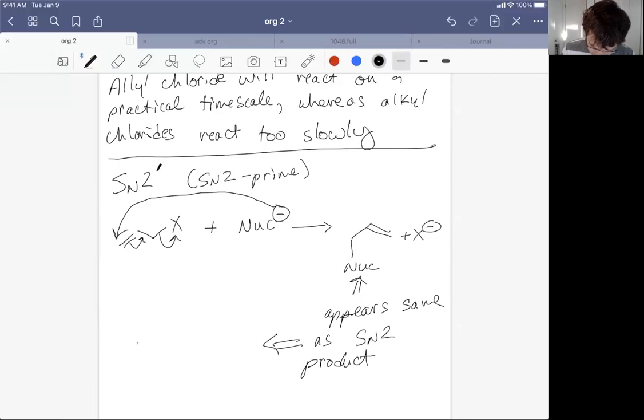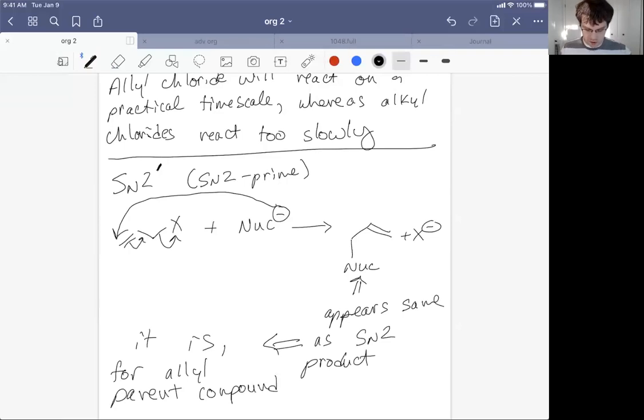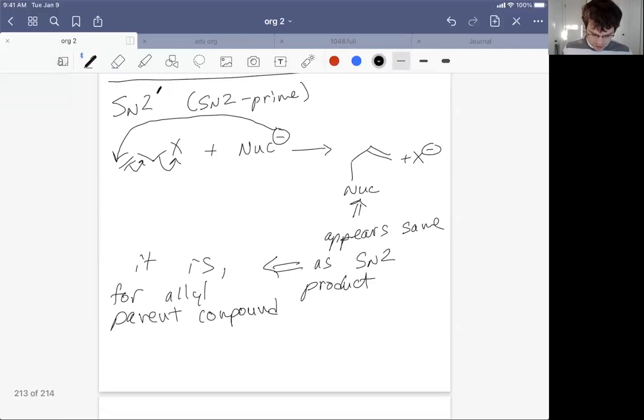And that's because it is for the allyl parent compound. That is, if we add more substituents to make this more complex, we could now see a difference in the products. If we have a good leaving group, and let's put 2 methyls on the left, maybe you'll recognize this as a prenyl group. So if we add a nucleophile here,